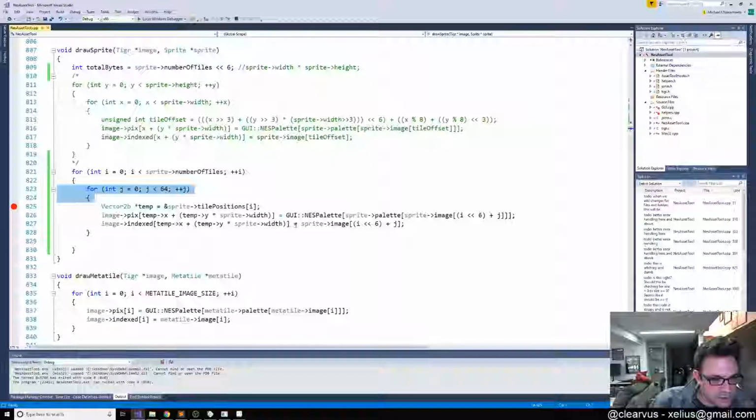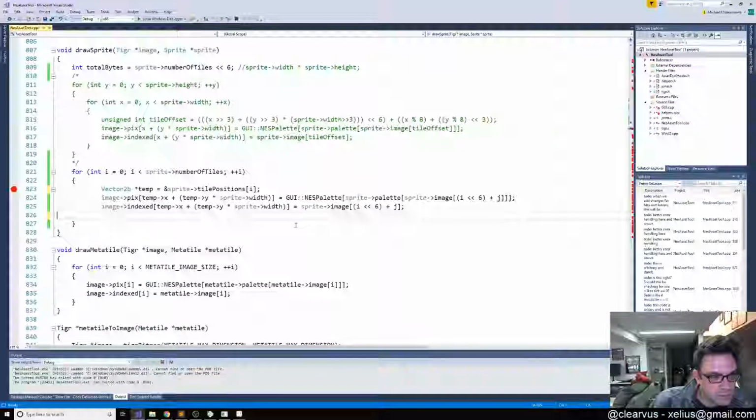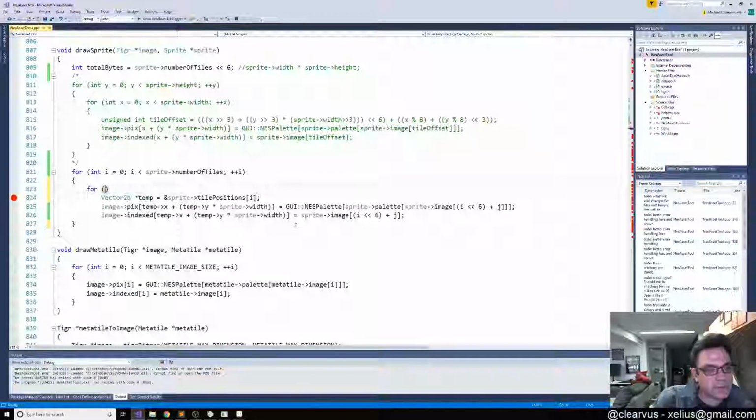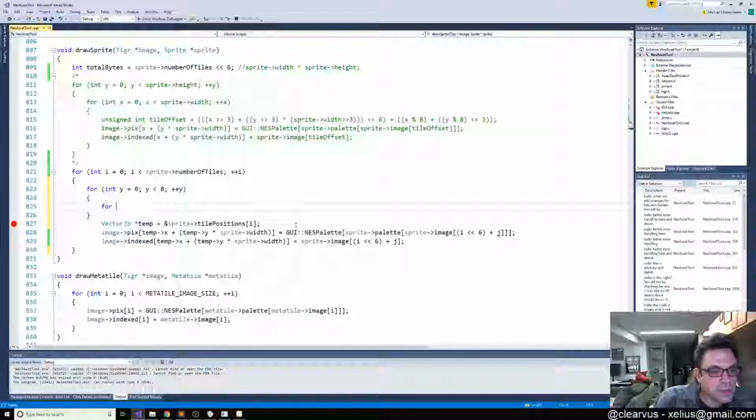You know, this is actually not necessary. What we can do is we can say, we have this outer loop, and this is that. Oops, this is that. And then we have our